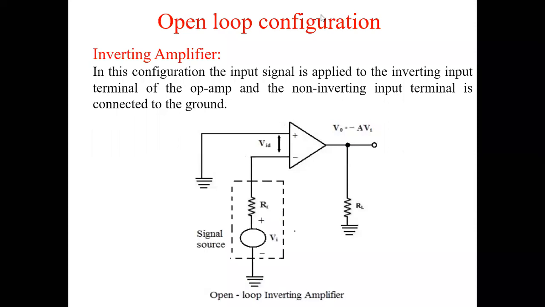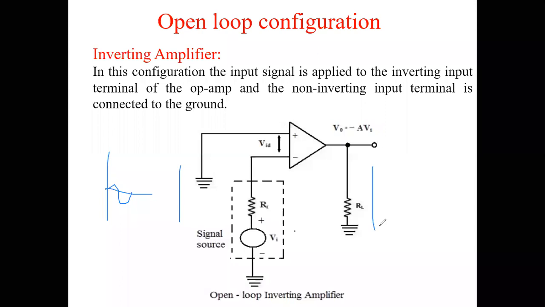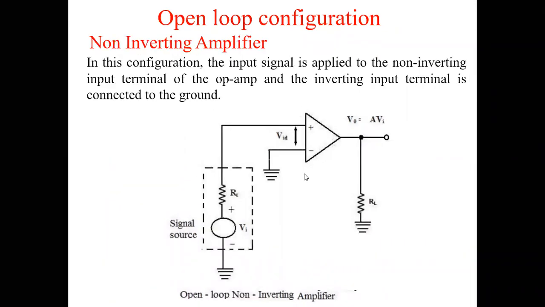For suppose if this is the signal, the output will be in the reverse manner. The output will be amplified in the reverse manner. Why? Because input and output will have a 180 degrees phase shift. Okay, so this is the case, and in the case of the non-inverting amplifier,